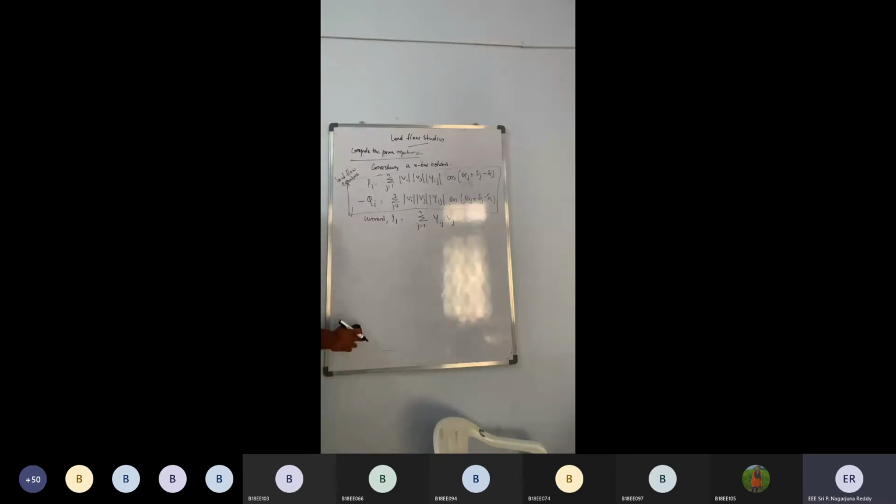Shall I read this one? These are the basic things which we are recollecting for this term: power injection at any bus. Shall I read it again? Have you noted down these equations? These are very important for us in solving our entire load flow. Shall I read? Yes, sir.